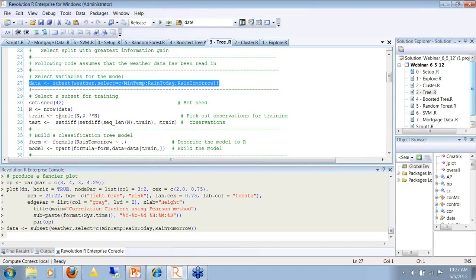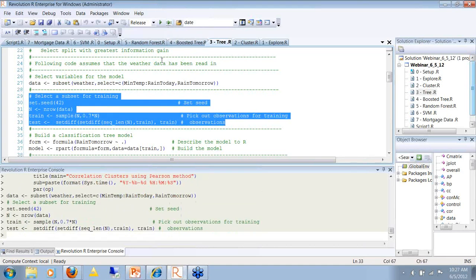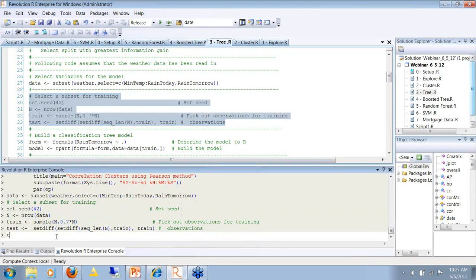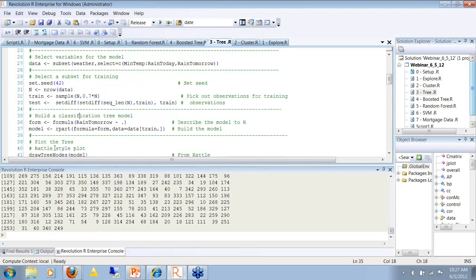This is going to build an index of observations that are in the data set, some to be used for training and some to be used for testing. So if I type in train, these are the indices of the observations that are going to be used for training, and the rest are going to be withheld for the test data set.